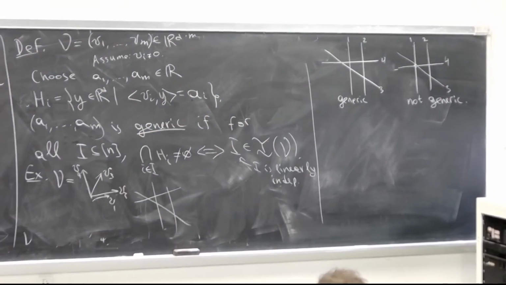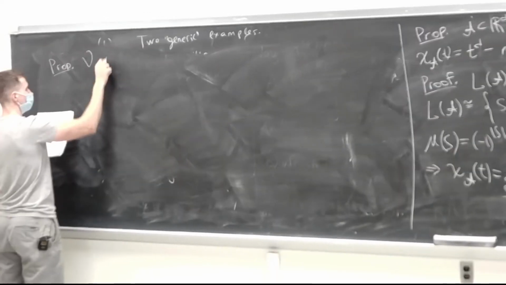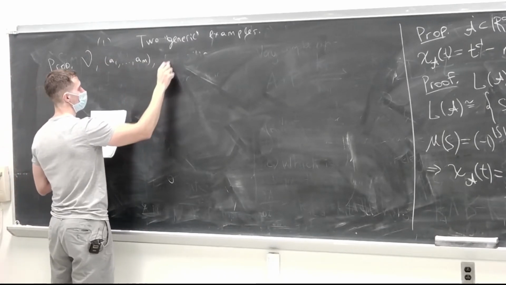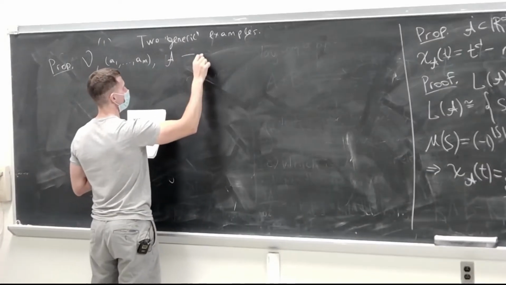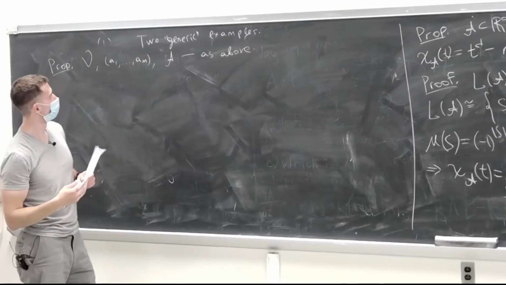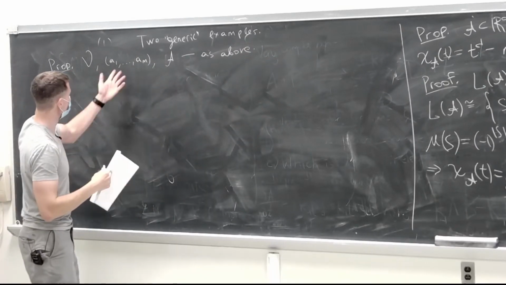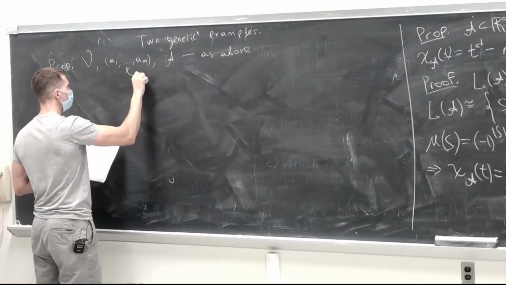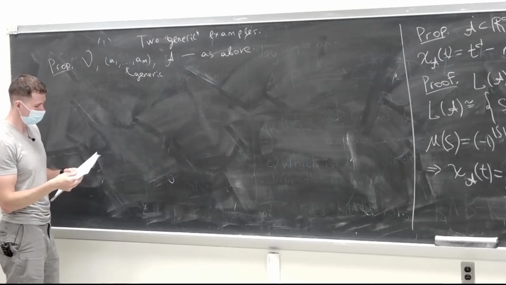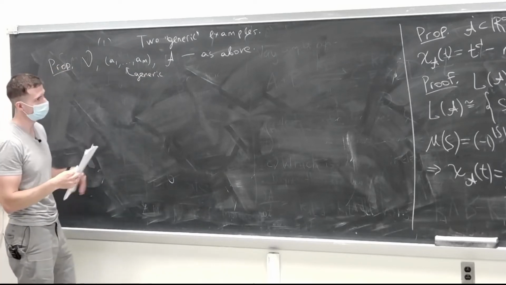Anyways, so let me continue. Proposition. Let's say I have a vector configuration and a collection of shifts, and the corresponding hyperplane arrangement. Let's assume that these are as above, as on that blackboard over there. So in particular, I'm assuming that these are generic shifts. Then what I want to do is find the number of regions, number of bounded regions,